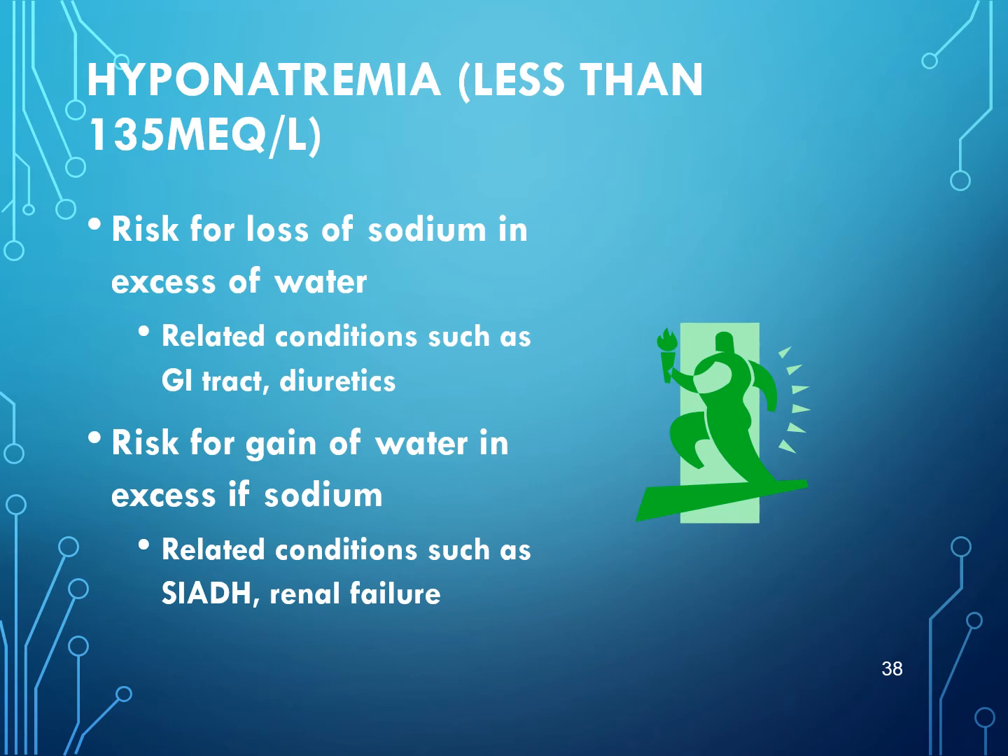Let's look at hyponatremia, which is less than 135 milliequivalents per liter. And the risk for hyponatremia can exist with a fluid volume deficit or a fluid volume excess. The first we're going to look at is a fluid volume deficit. So it's risk for sodium in excess of water, so we're losing both. Related conditions can be due to the GI tract, through vomiting and diarrhea, tap water enemas, especially in children, and